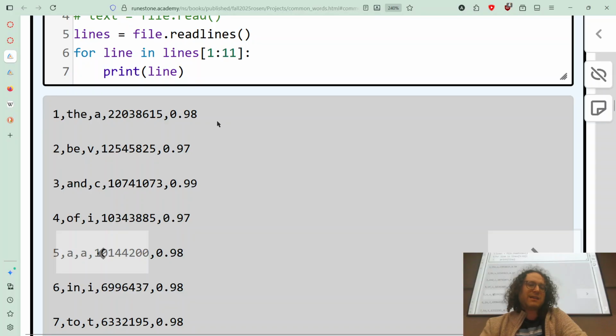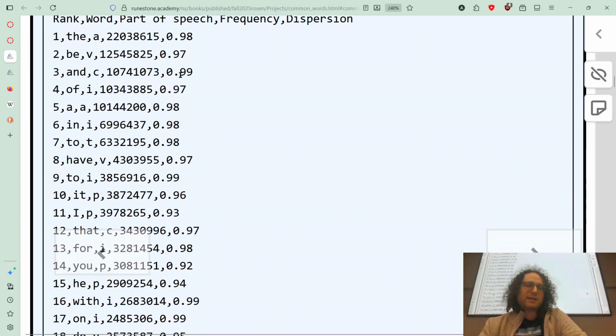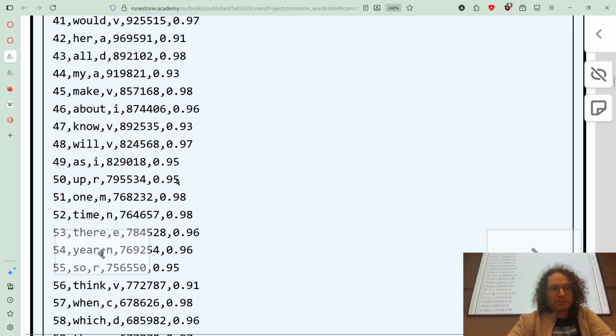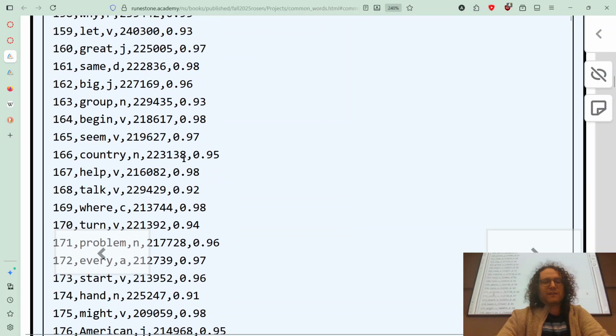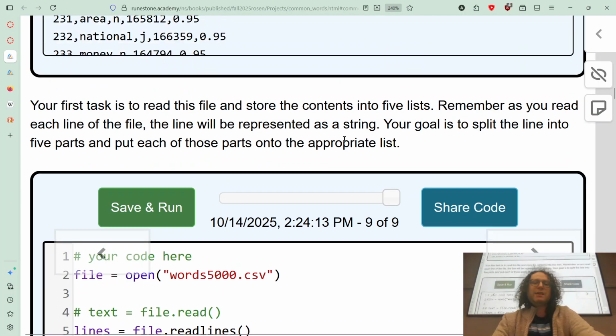And we can just simply say 98, 97, 99, 97, and then 96 is the last one. So there we go. We are reading this file and we're printing out this stuff successfully. So this is step 1, which is that we can confirm that we're reading the file. The next step is to take this file and store it into 5 lists,